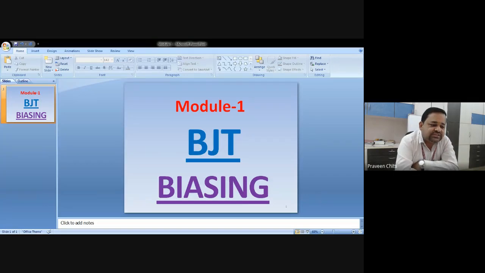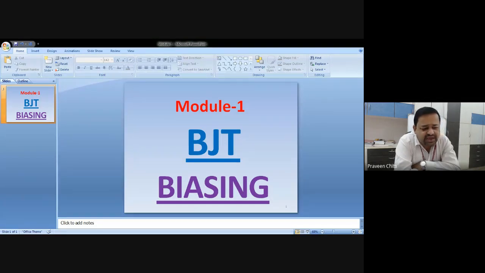Here, we are not going to discuss in detail the transistor characteristics or applications of the transistor. What we are going to discuss here is transistor biasing. Now, what exactly do we mean by biasing? Basically, biasing of any device is nothing but applying external DC voltages or maintaining the DC conditions. We have two junctions in the transistor, the emitter junction and the collector junction. For normal operation of the transistor, the emitter junction has to be made forward bias and the collector junction has to be made reverse bias.